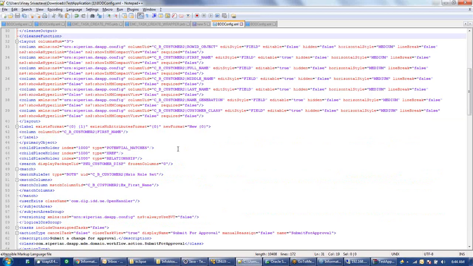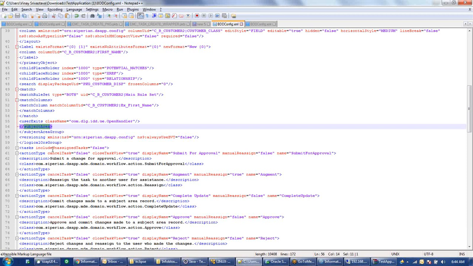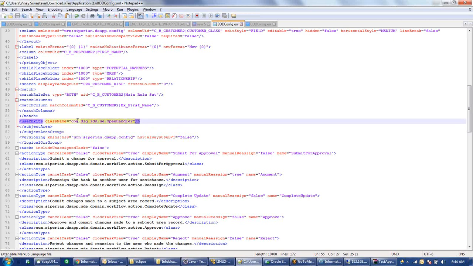So this is the subject area tag which is ending for customer. Just before the subject area ending tag, you have to put this user exit tag here. Here we have to put user exit, space, class name equals the fully qualified name of the class. So this is my class name, open handler, and this is the package name, com dlg idd ue.